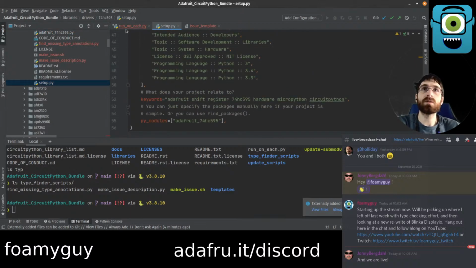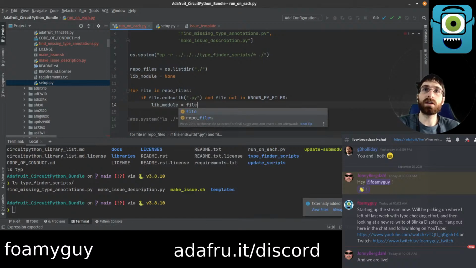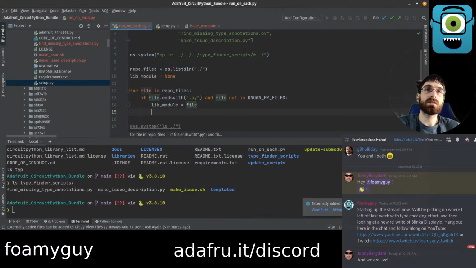Module. Okay, py module. Lib module. We'll start on none. If we found a py file and it's not one of the known ones, then lib module is file. And if we got to here after the for loop and lib module is none still,